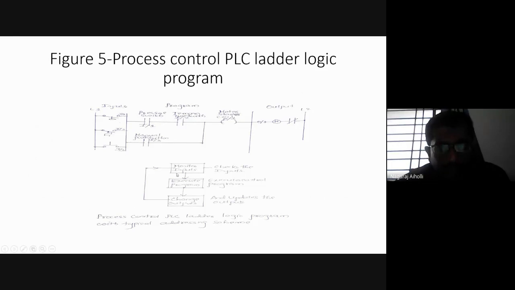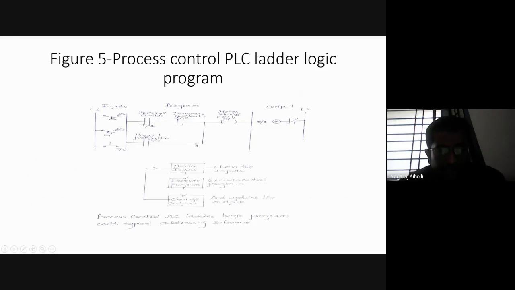Now, once we understand how to draw it, the ladder rung is similar to the relay logic. Instead of relay logic, we are representing it by switches, that is pressure switch, temperature switch, and the push button. But here we are using instructions. Pressure switch is indicated by this symbol, then temperature switch, then manual push button. This is a symbolic representation of the ladder rung diagram. Clear here? Once we know how to draw the PLC ladder diagram, the logic remains the same. There is no change in the logic between the relay ladder diagram and the PLC. Only the way in which the components are represented is different.